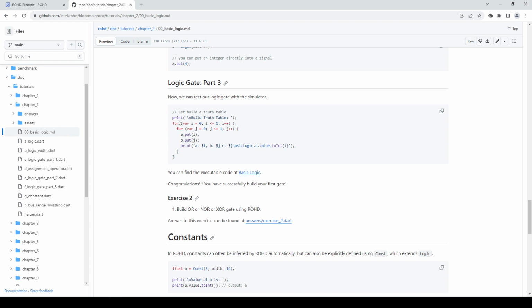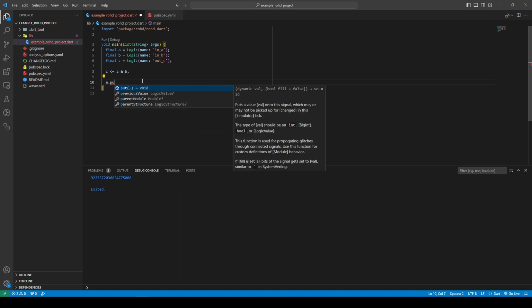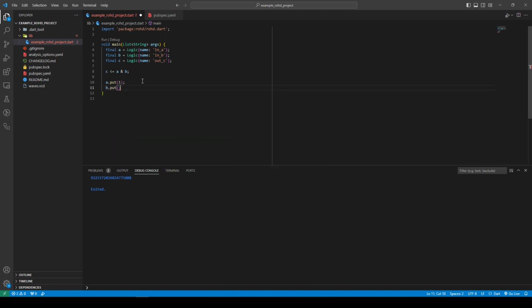We can also use a for loop, like i and j, to put the values of these integers to A and B. Just think of it as a truth table. You can use a for loop to create your truth table. Cool, isn't it? Right. So let's get back to our code here. We can just try a simple example. Let's test it with A.put value of 1 and B.put value of 0,